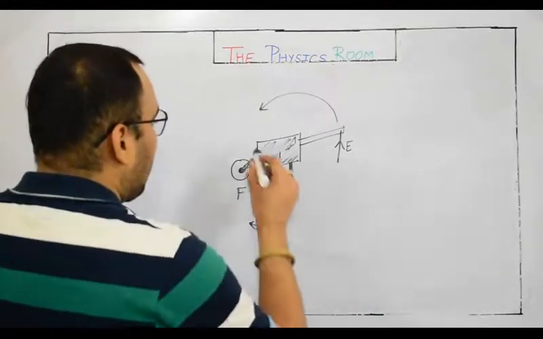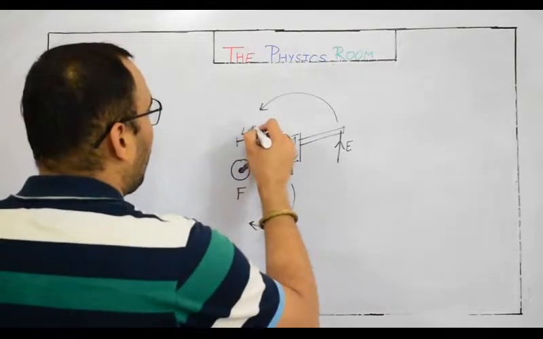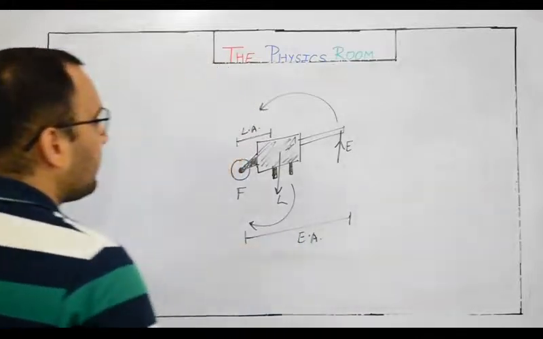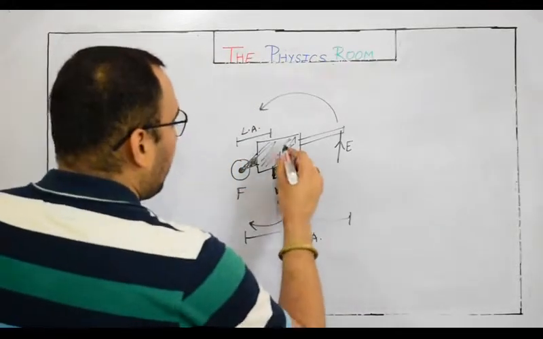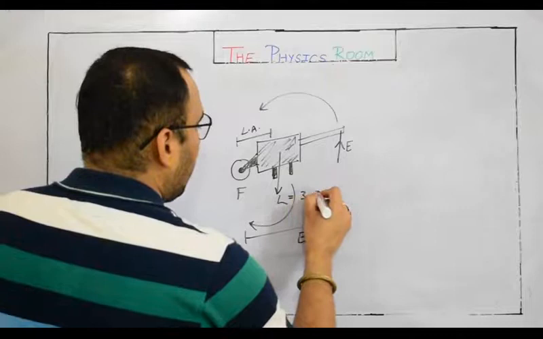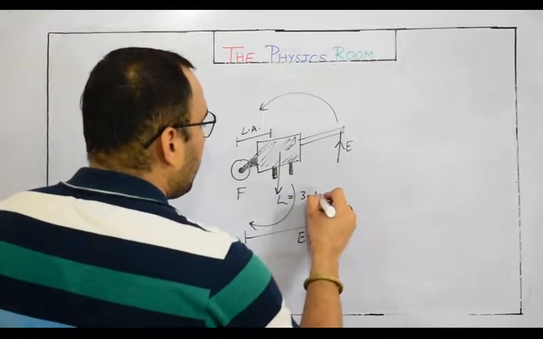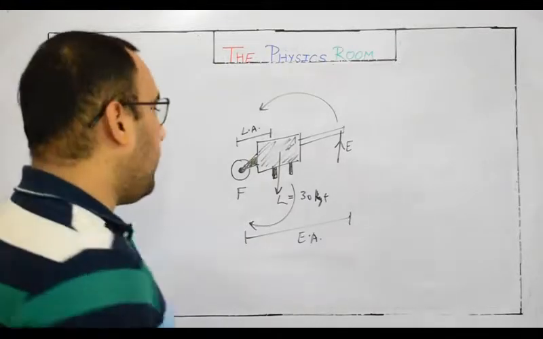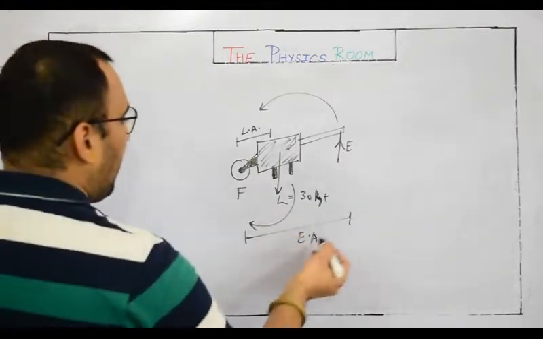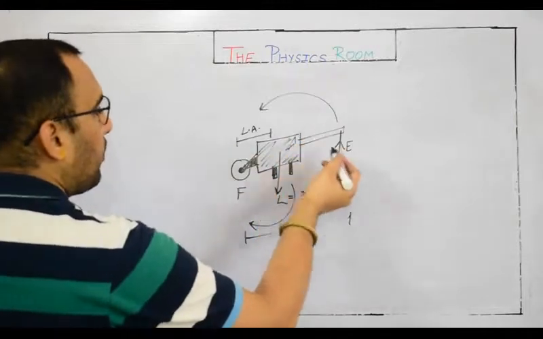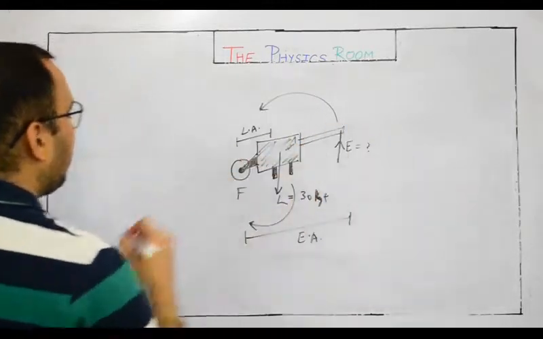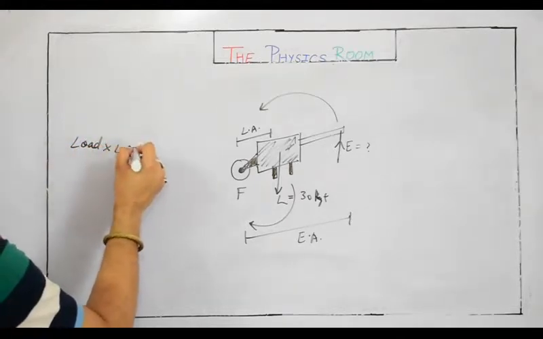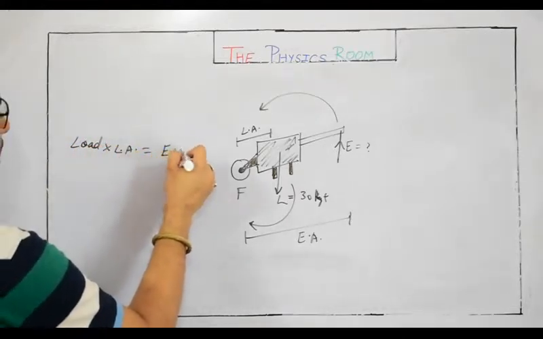So the distance from the fulcrum to the load is the load arm. The distance from the fulcrum to the effort is the effort arm. So suppose this wheelbarrow is having a load of 30 kgf. So the question is again, how much effort is needed to be applied to lift this up? So simply, if you are having the value of effort arm, the value of load arm, and load, and effort is asked here, then according to the principle of moments, load into load arm is equivalent to effort into effort arm.